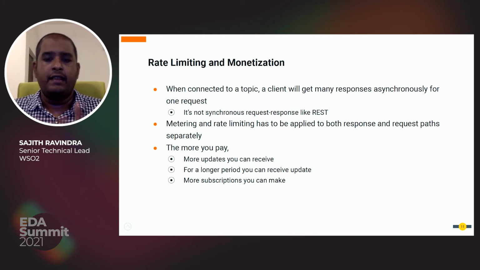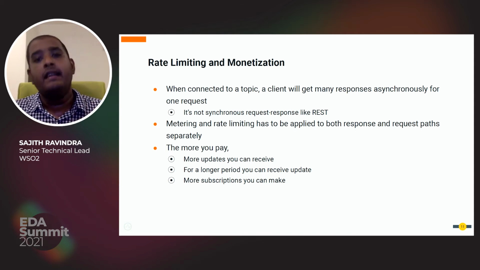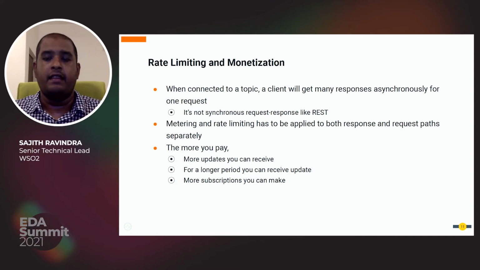As I said earlier, in streaming APIs, a given request can have many responses, or we may call them updates or events, right? Hence, the rate limiting has to be applied, and the clients have to be charged based on the number of updates they can receive, isn't it? If you are building a real-time stock trading app, you should be charged for how many updates you can receive from the trading system, so that your application has up-to-date information, as well as a more real-time and rich experience.